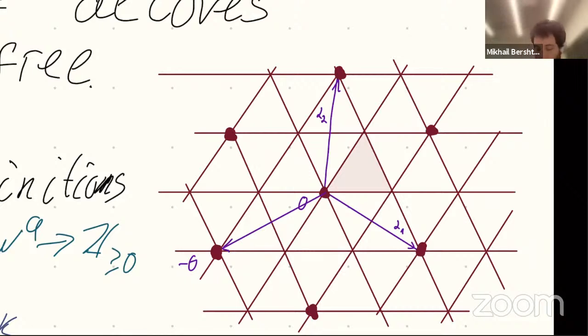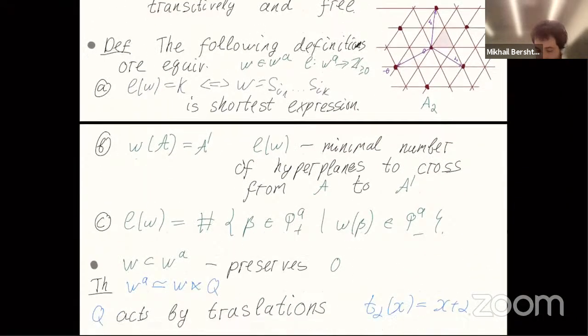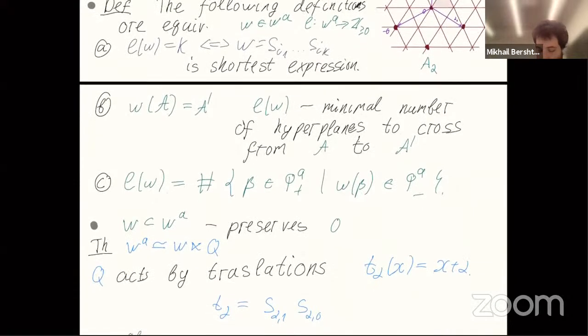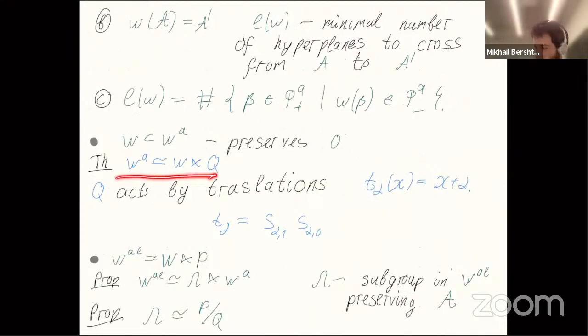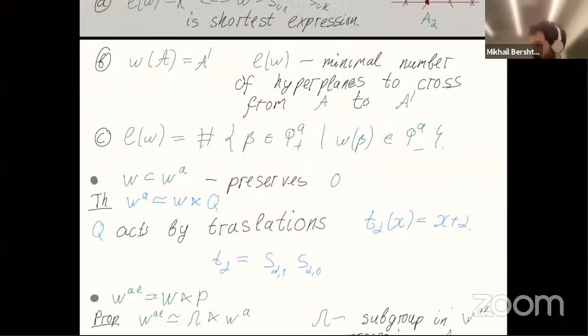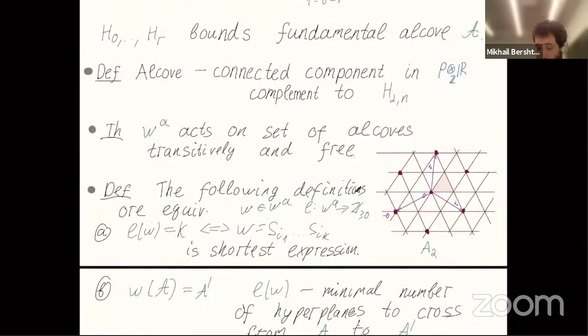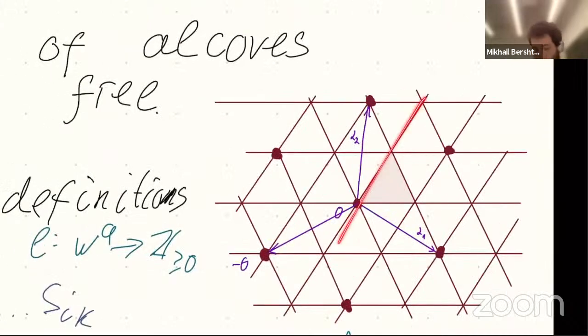Yes, the affine Weyl group is W_a, yes. We have this decomposition, and this explains it. Any element of the affine Weyl group has some linear transformation plus translation, because it is an affine transformation. All linear transformations belong to the finite Weyl group. And all translations which we can achieve by taking the composition of these reflections belong to the root lattice.